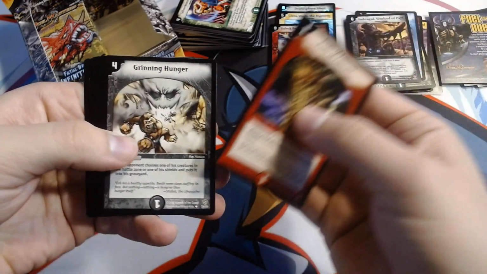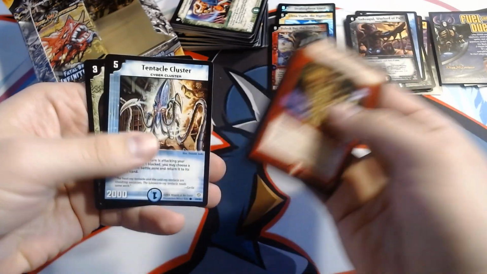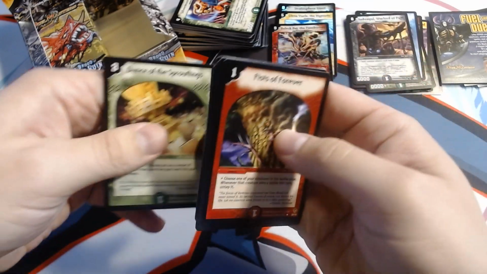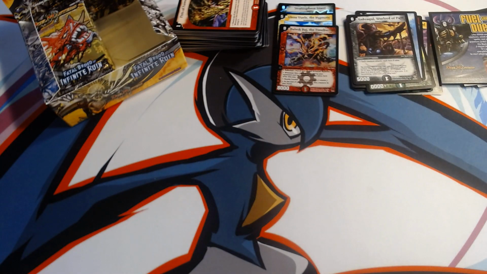Fist of Forever, Grinning Hunger, Tesseract, Jilwarka, Quakesoar, Acid Reflux, Tentacle Cluster, and Dance of the Sproutlings. So that wraps up part 1 of the box. We finished 3 foils so far, and I hope you guys tune in,